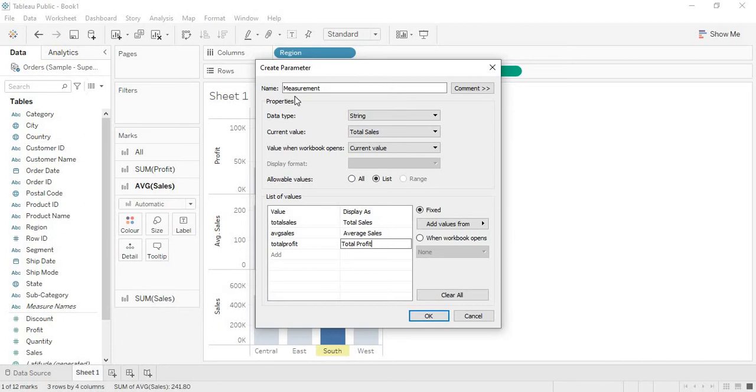So I had created the measurement, and my default value can be any value, so it may be total sales or average sales. When the user opens the dashboard, what value should be in the measurement, we can define that here. So I'm going to save this parameter: total sales, total profit, and average sales.